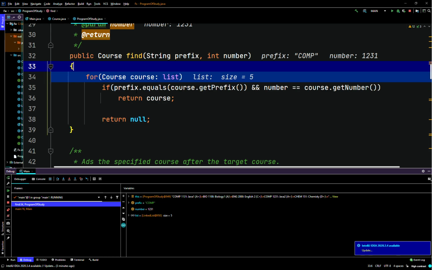Then here, I think it just goes by index one, the first index. So for course in list. Here's a list. Then we'll say if prefix dot equals